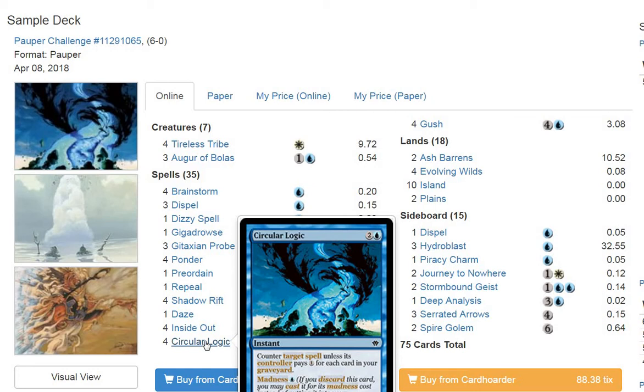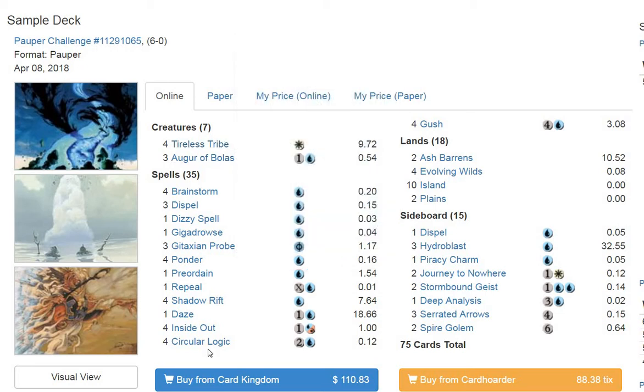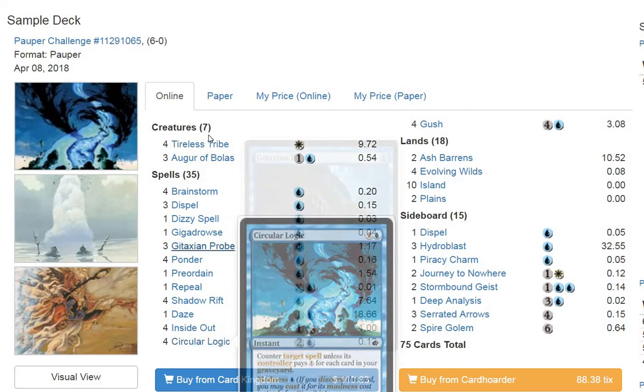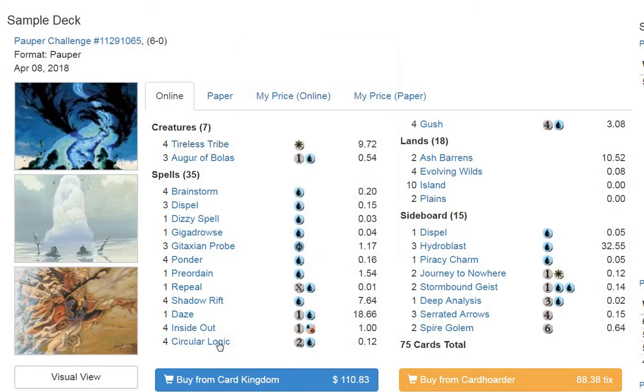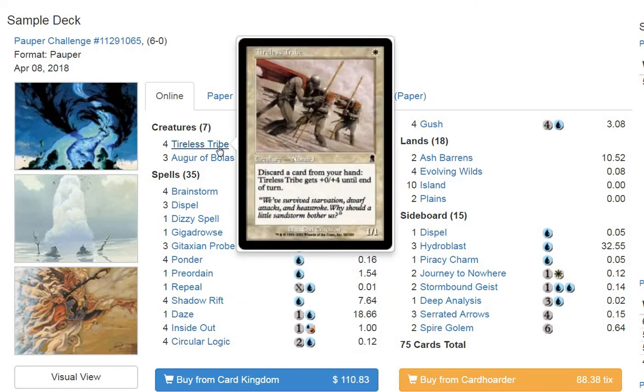The other nice thing about using Madness is when your opponent tries to do something to stop your Tireless Tribe from getting in there for a lot or critical damage, when you chunk the Circular Logic to the Tireless Tribe, you basically get to utilize a counterspell, do it for 1 mana, and you don't lose a card. It's not like if you just play the Circular Logic for its regular casting cost, then you're losing out on potentially 4 points of damage with the Tireless Tribe, which sometimes is fine